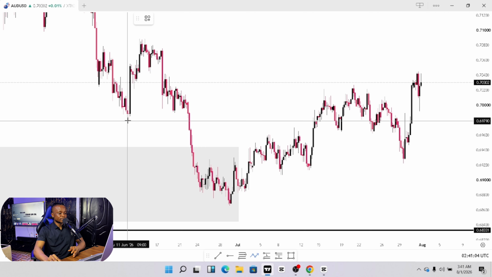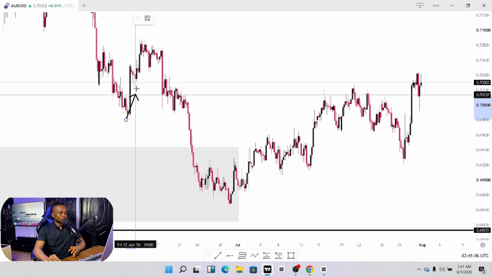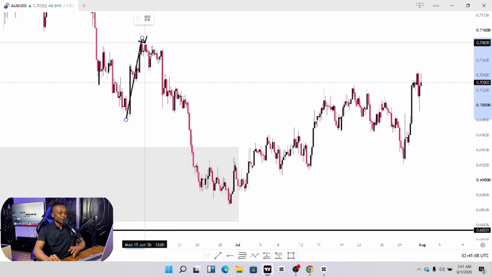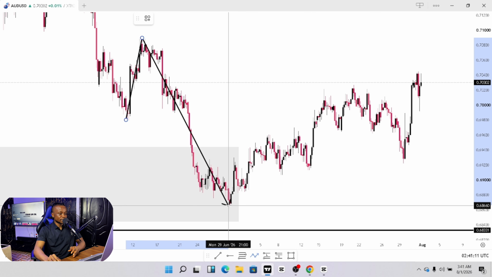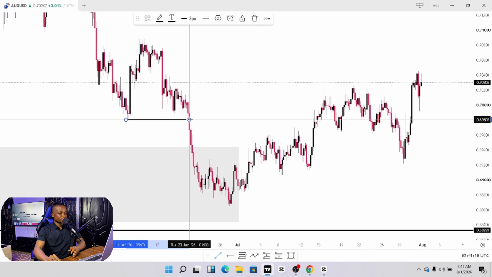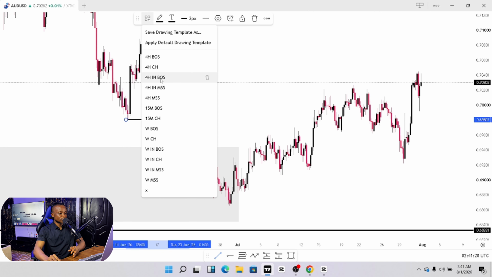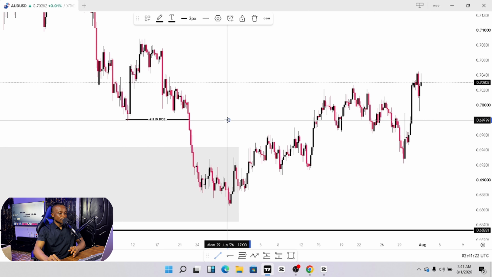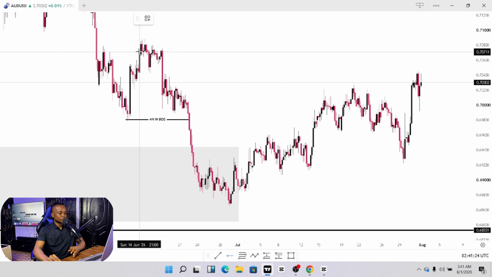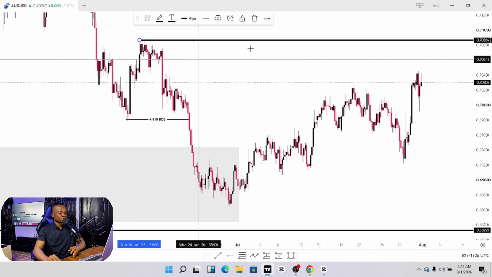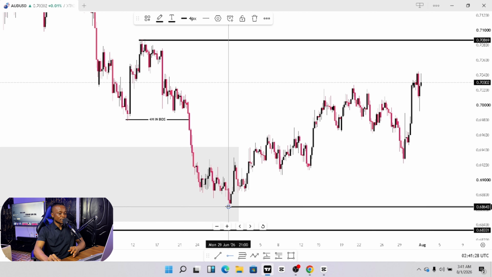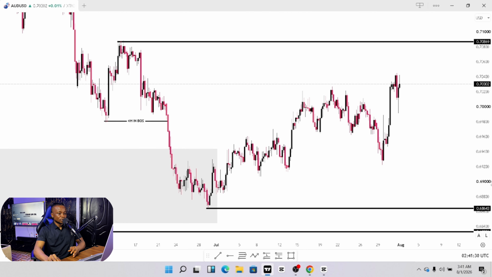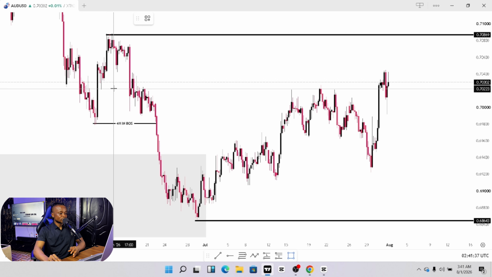So you can see that AUD USD substructure pulled back here and broke structure to the downside, okay. This is a break of structure, internal break of structure, and when this happened, this high becomes our internal strong high and this low our internal weak low. Then this will be our supply zone,